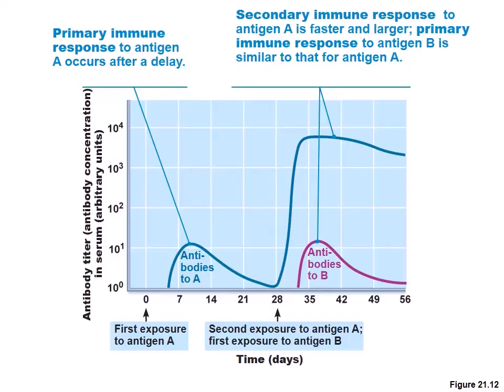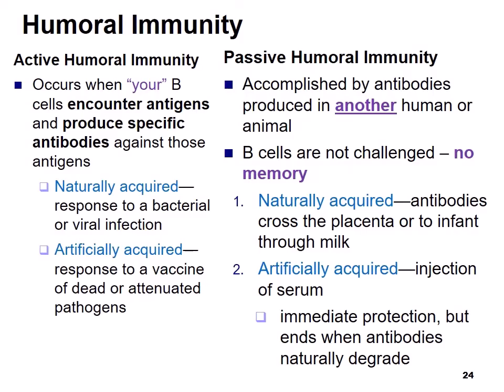So that's basically showing you that your secondary immune response, you get more antibody production, and it's faster, and they last for a longer period of time. So when we talk about humoral immunity, we can break that down further as well. You can either have active or passive humoral immunity, and then your humoral immunity can either be naturally acquired or